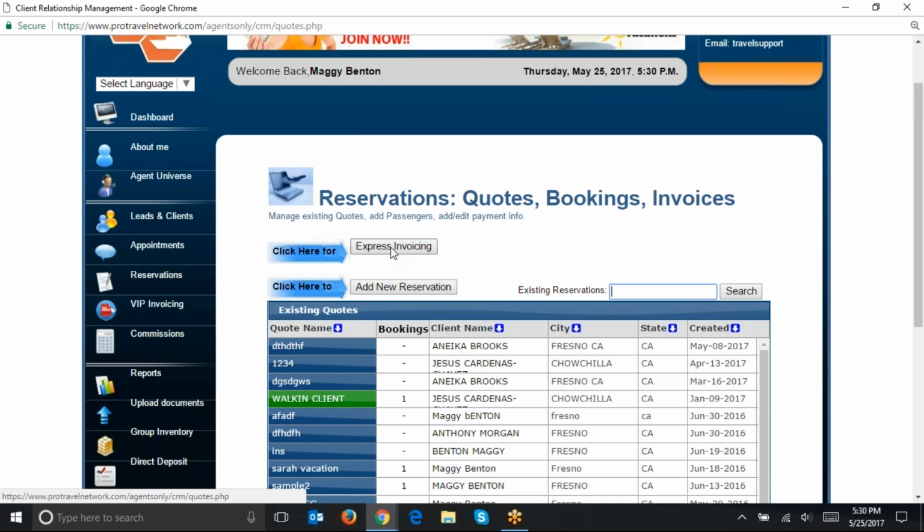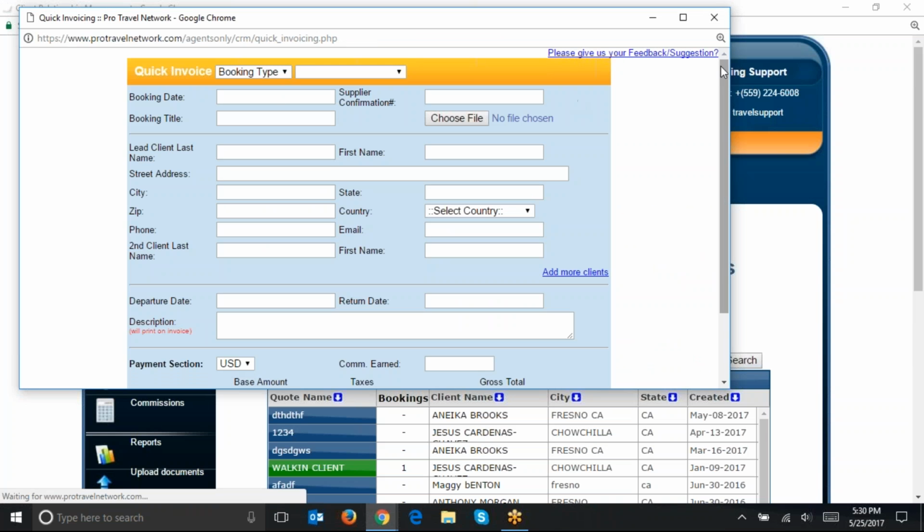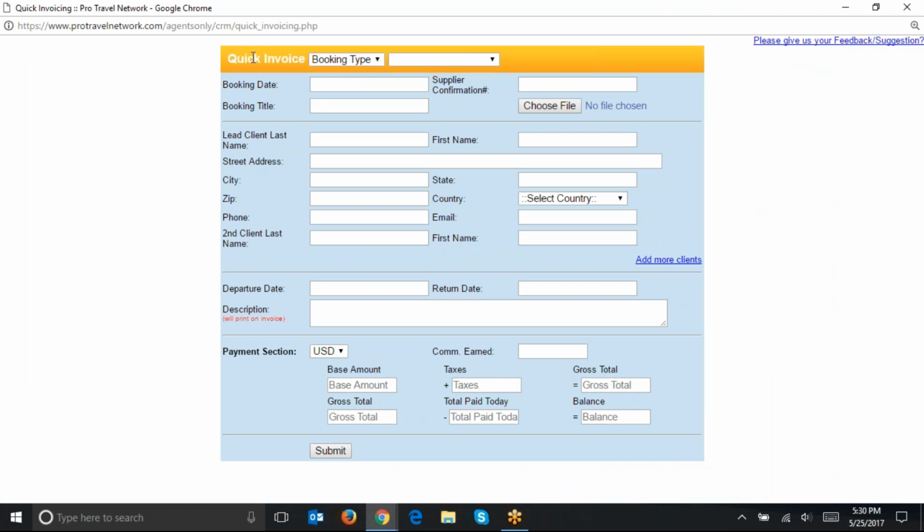So we have a one-page invoicing that's not in the videos. You click this and you are going to fill it out from this yellow line to down here. You have to put everything in: the commission, the base amount, the taxes, how much you paid today, and this auto-populates. So this you don't have to enter in, but you have to enter in the supplier documentation, the supplier